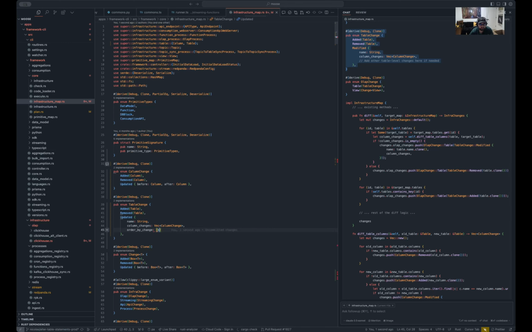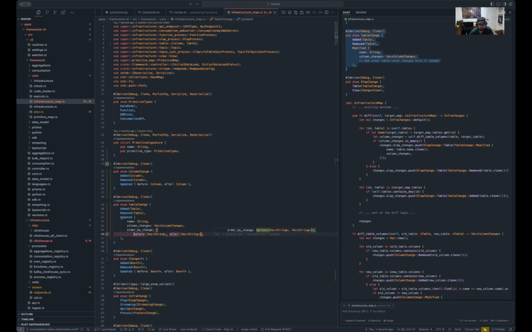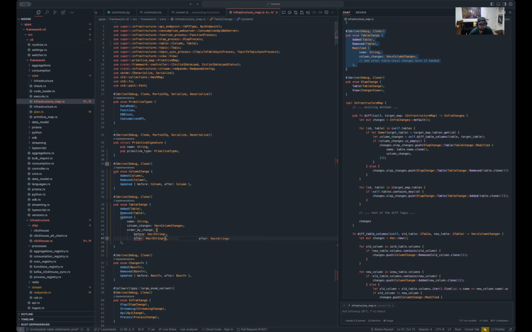So it's before and after, and if it's different, then there's actually a change. Or is it not happy? Before, after, no, I don't want to change that. I just want